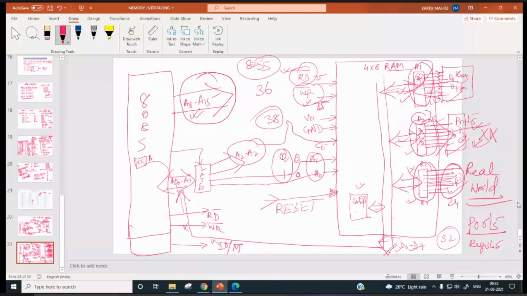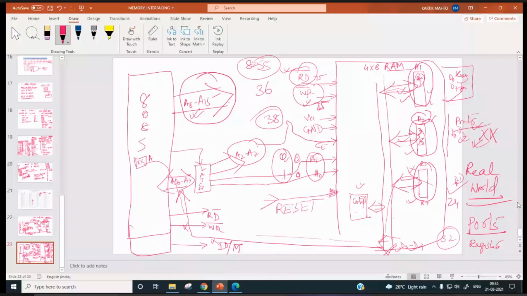And the content of a register can be read by the processor, or the processor can write onto the register in case of a memory chip. In case of an IO chip, the processor can read the data from these ports only.